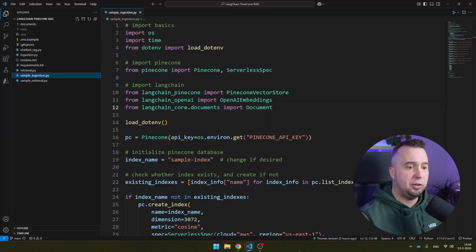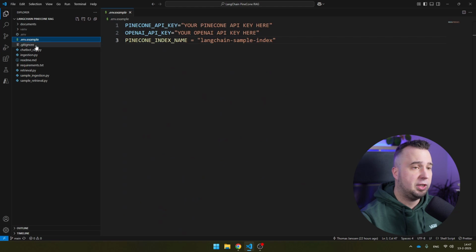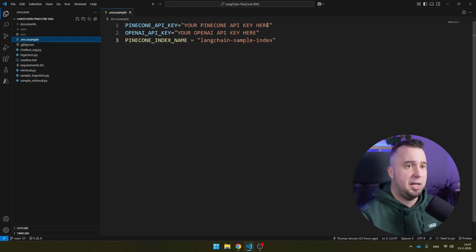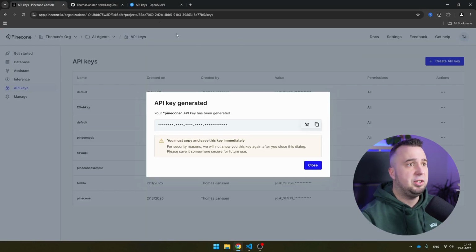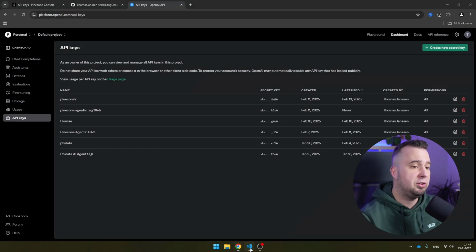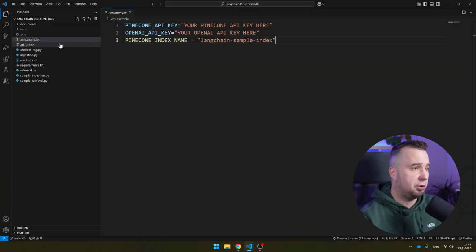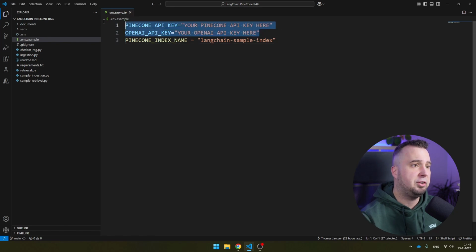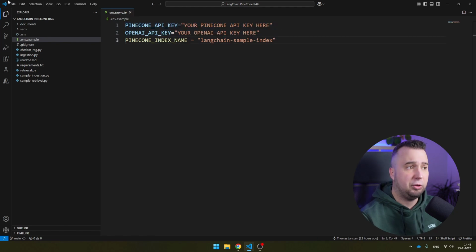Copy the key, then you're going to rename the .env.example file to just .env, so remove .example, then paste your Pinecone API key right here, and you also need an OpenAI API key. You can get the OpenAI API key right here on platform.openai.com/api-keys, create new secret key. Just make sure that you have those two API keys and you don't need anything more in order to follow this video. Then as soon as you've added the API keys and saved the document,